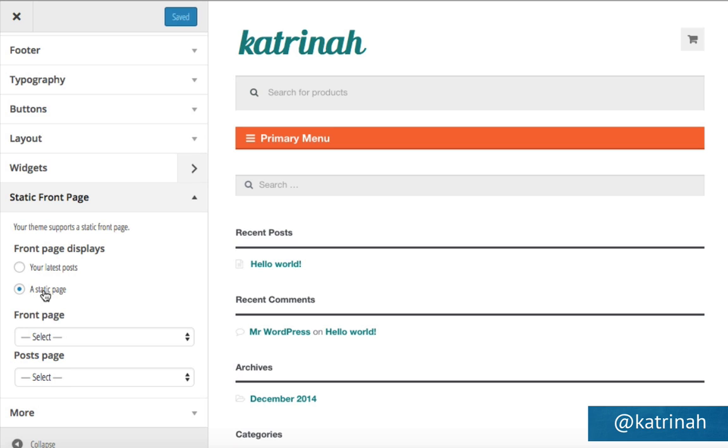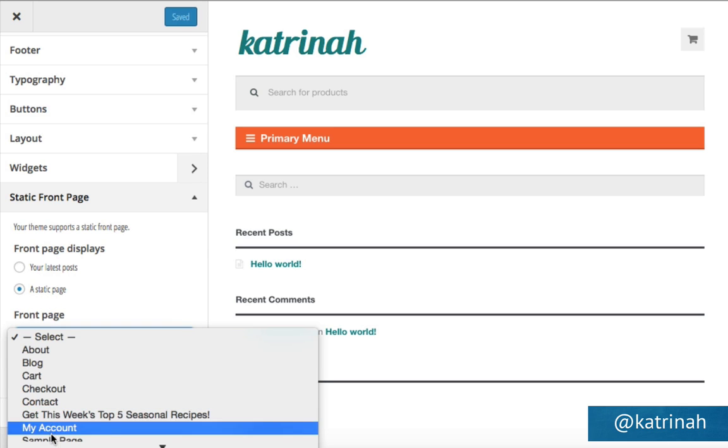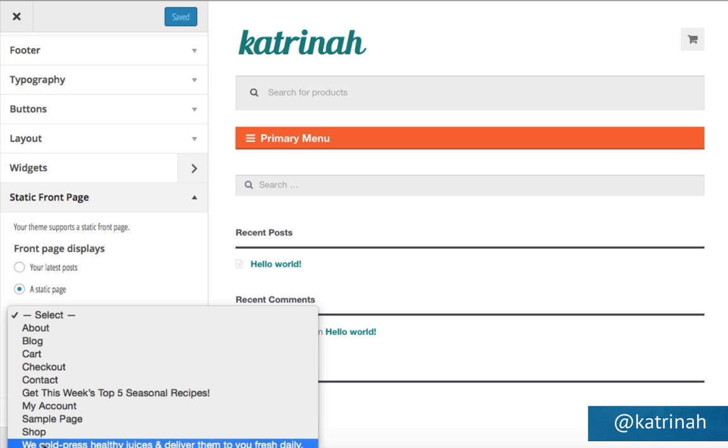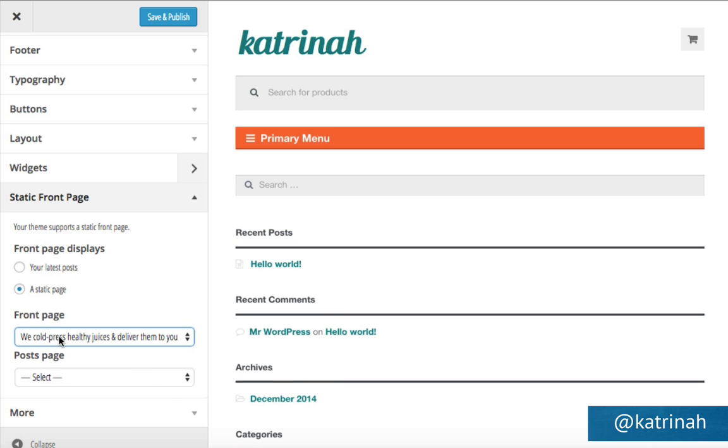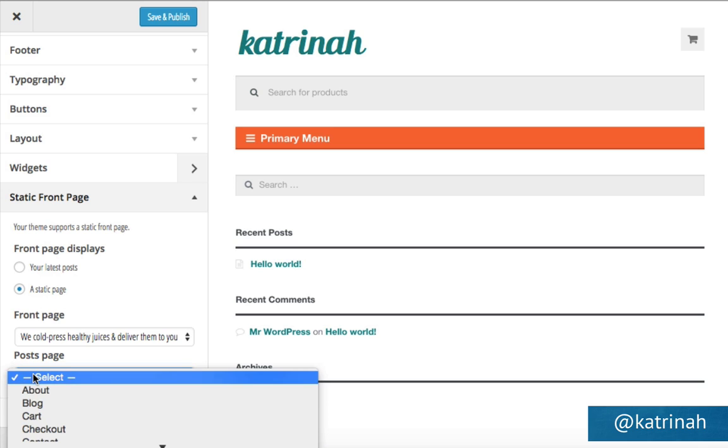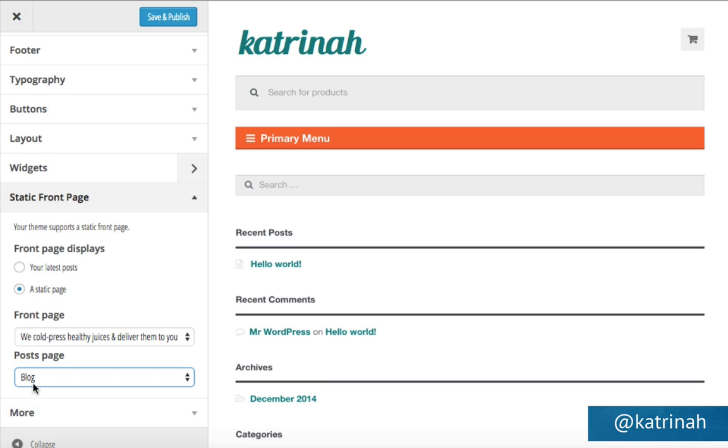So you want to make sure that you click on Static Page, and this time for the front page, we want to select the home page that we created, which is this one with the tagline. In my particular example, it's "We cold press healthy juices and deliver them to you daily." So I'm going to click on that for the front page. And the post page, of course, is the blog page that we created in the previous step. So I'm going to click on these two, and then I'm going to click on Save and Publish to save